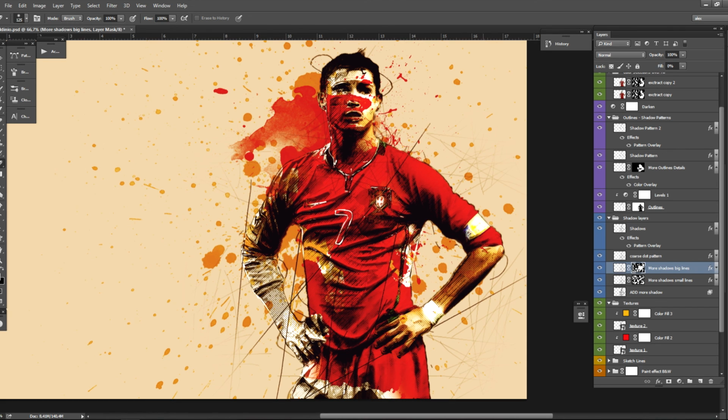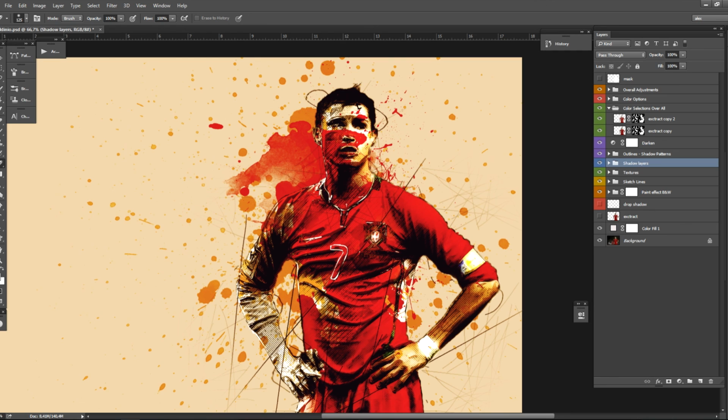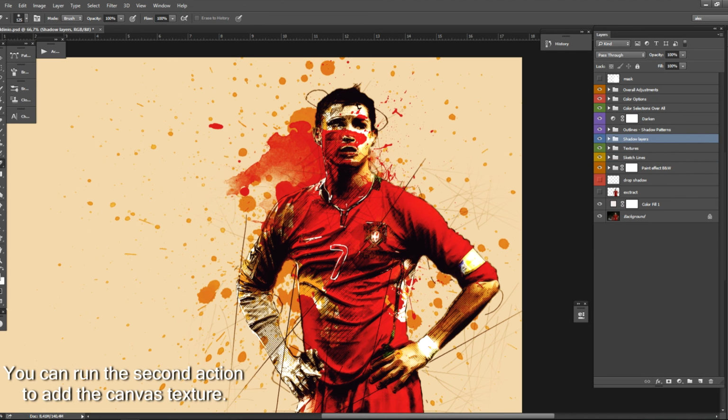So with a few modifications we created this design. Hopefully you saw what each layer does on your design. Take your time and play with your layers and create awesome designs like this one with a few clicks.